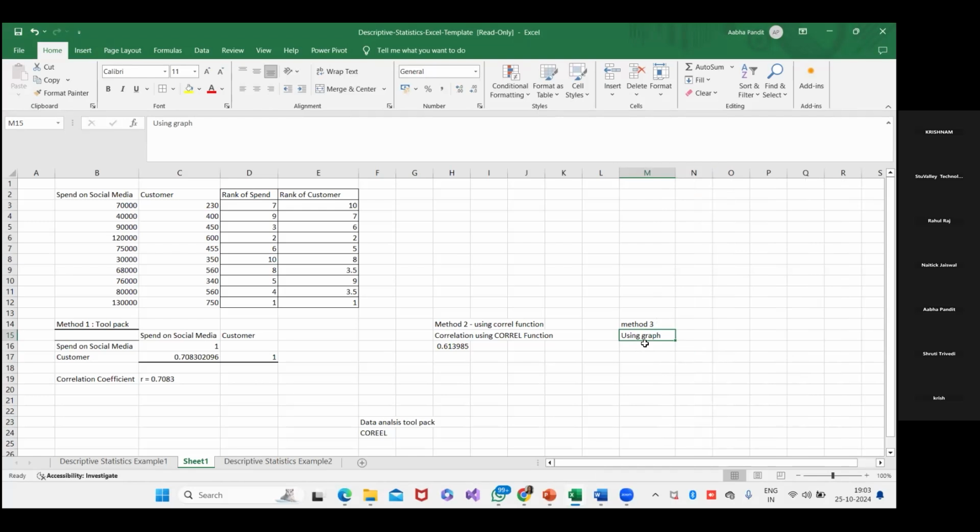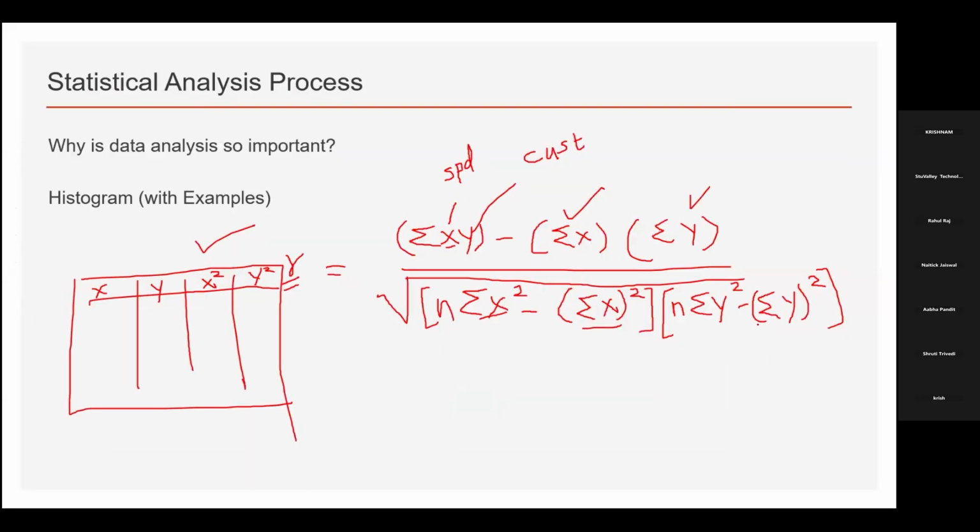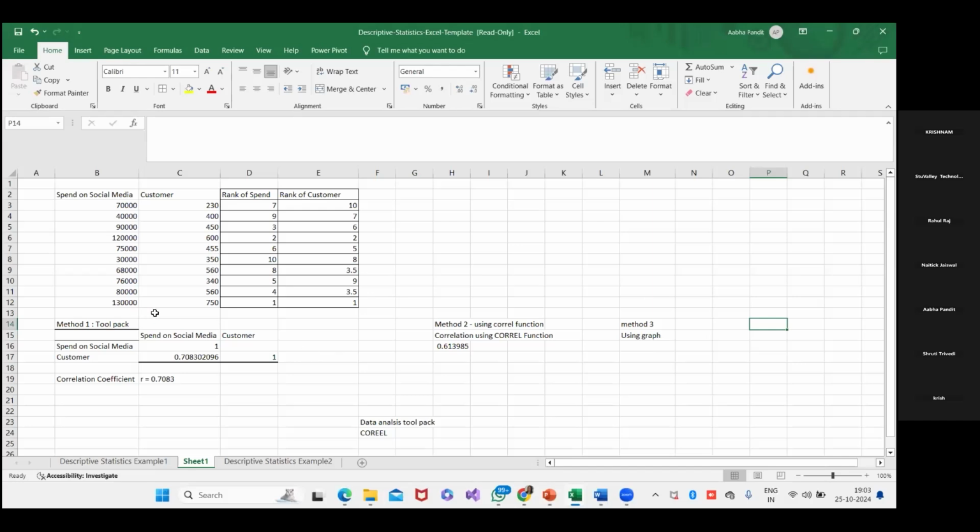So using graph is another method, and then there is one more method. What is that method? That is your detailed way of your correlation finding. Okay, ये तरीका, इससे टेबल बनाएंगे, अलग अलग ये कैलकुलेट करेंगे। दिस इज नॉट एट ऑल रिकमेंडेड। मैंने आपको उसके पीछे का लॉजिक बताया कि कैसे कैलकुलेट होता है। दिस इज नॉट रिकमेंडेड फॉर द डेटा एनालिस्ट, बट ये एक तरीका होता है। वी विल बी प्रेफरिंग 1, 2 एंड मैक्सिमम 3।